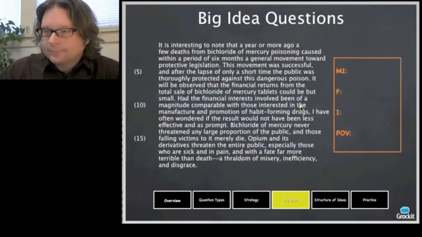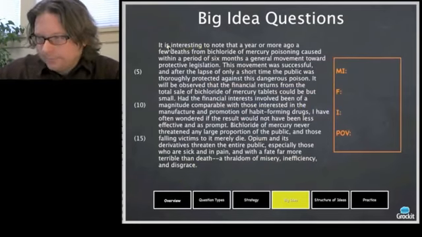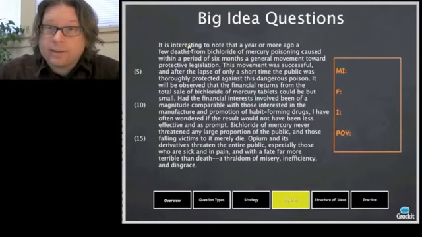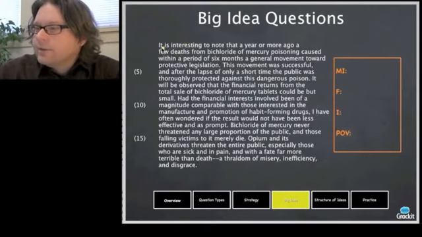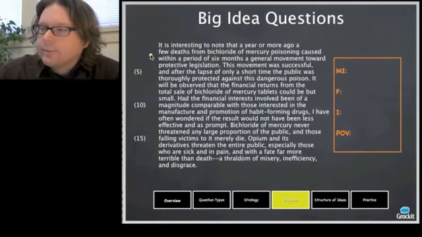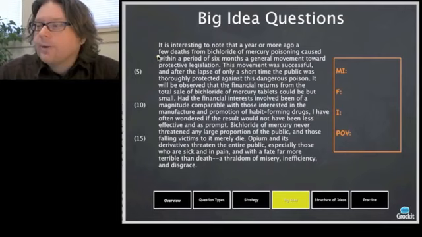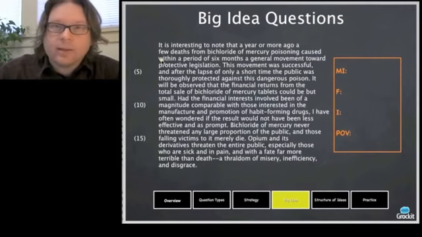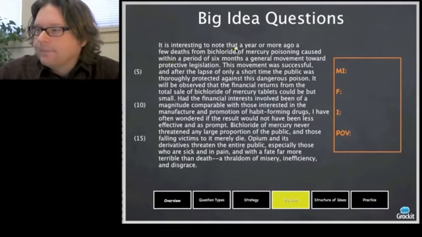All right. So here's another real one. And we'll actually get a big idea question at the end of this. I'm just warning you in advance. So, it is interesting to note that a year or more ago, a few deaths from bichloride of mercury poisoning caused within a period of 6 months a general movement toward protective legislation. So I would say the main idea is bichloride of mercury poisoning. And in general, we have